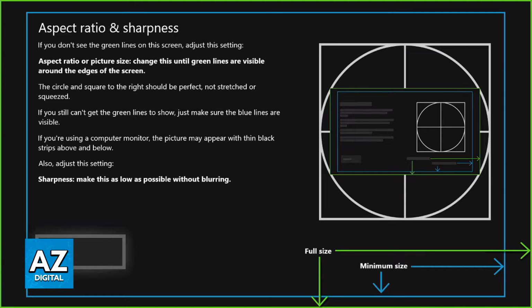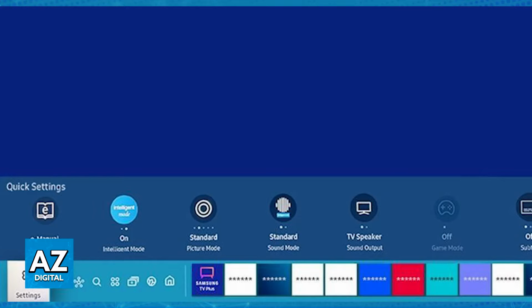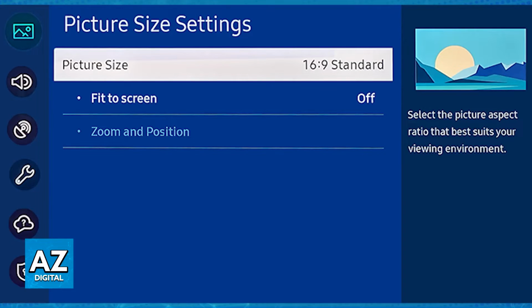Now, you will notice that there aren't going to be any options to change this directly from here. What you have to do now is use a remote on your TV or even a monitor to adjust the size. Since this is different for every single manufacturer and every single model of TV, I cannot give you clear instructions on how to do this. I recommend that you search for the manual of your specific monitor or TV, but usually it is going to be under these settings related to the picture size.